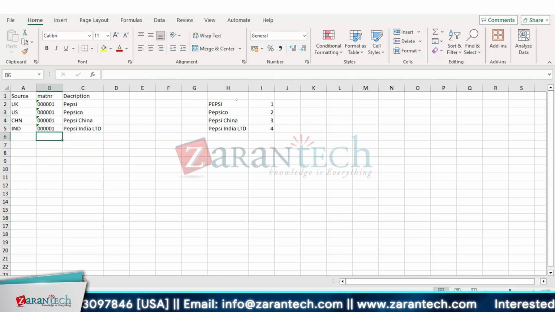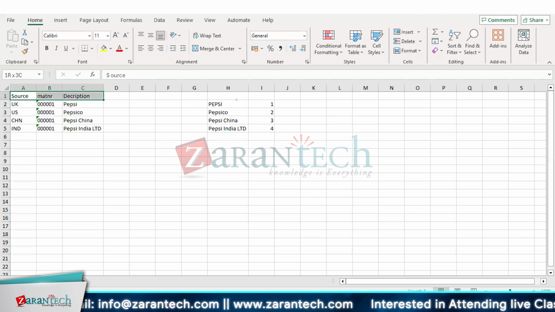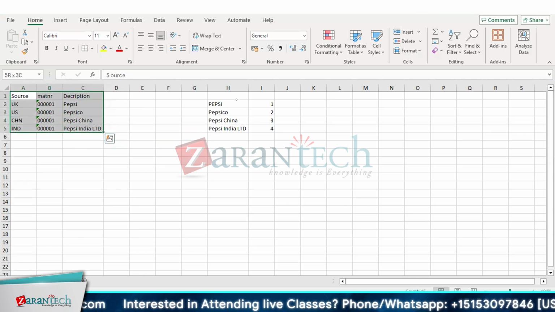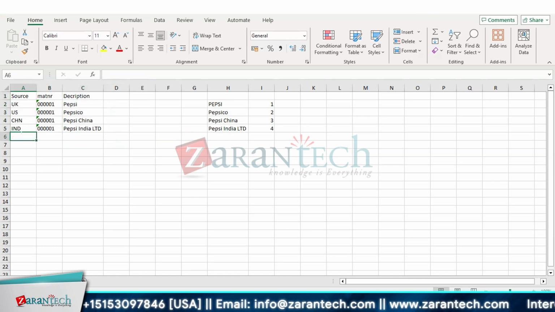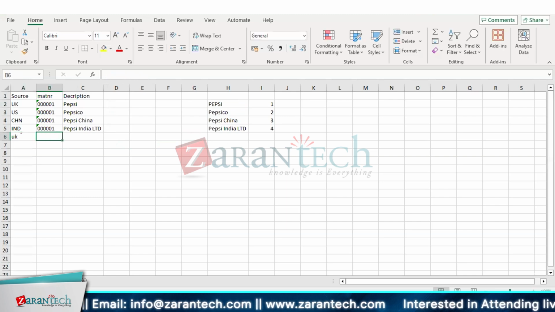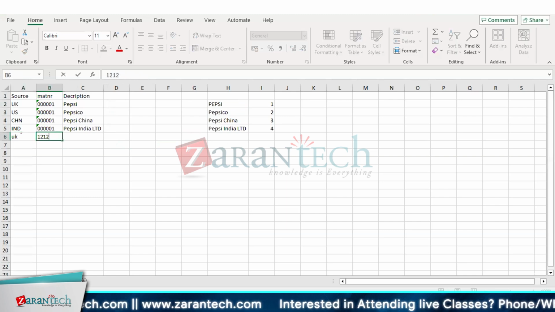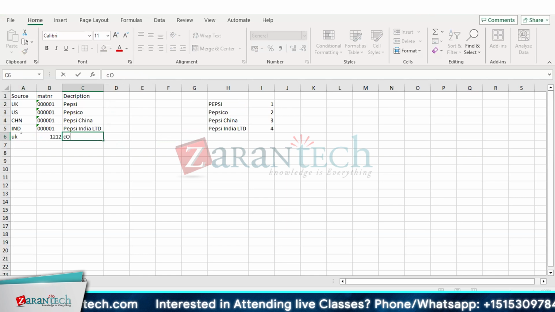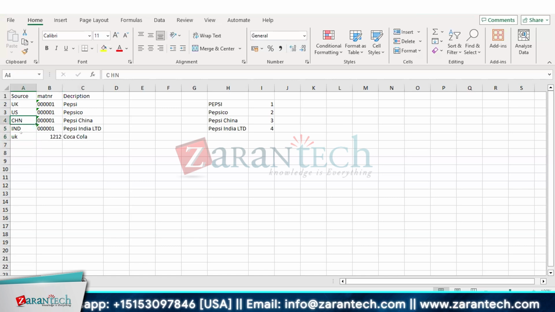We will pass this data. We have a cleansing transform, which we call match. We will pass this data through the match transform. For example, now I have something like UK, material number 1212, and it's called Coca-Cola. Now, when I pass this data through my match transform in Data Services, what it will do, it will